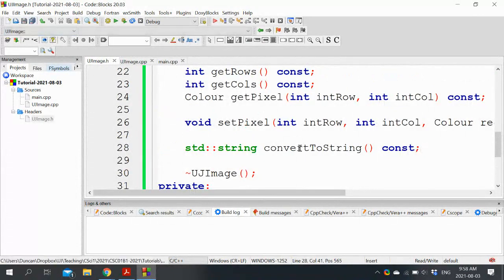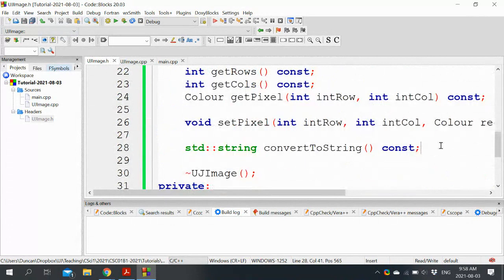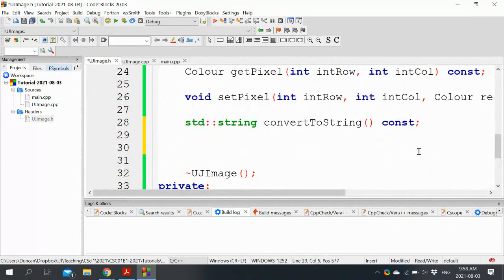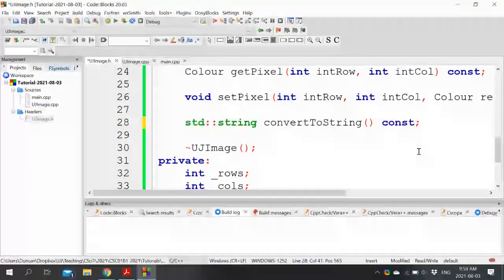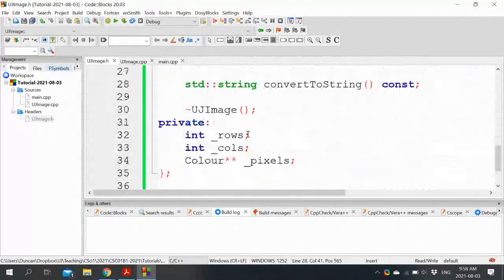We'll add that later. So for now, it will just be a dummy. So I think that's all we need for now. We also wanted a drawing function. I suppose I could just draw in main with setPixel. Let's not make it too complicated. So that's fine. All right, let's begin.